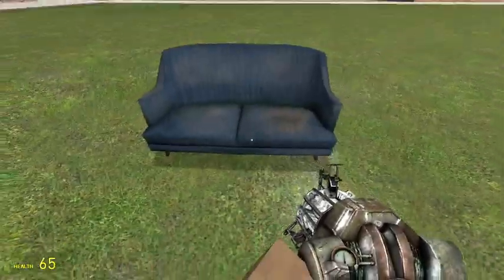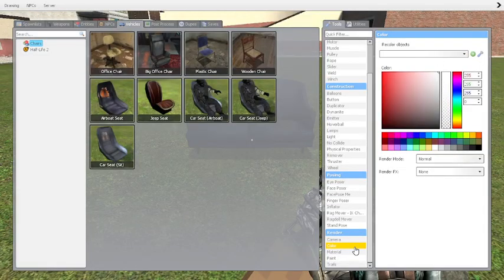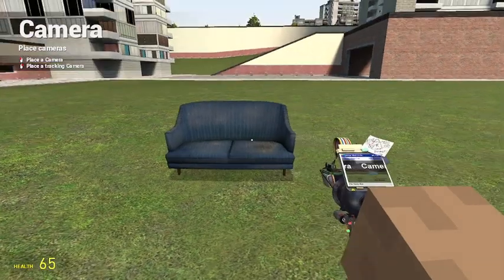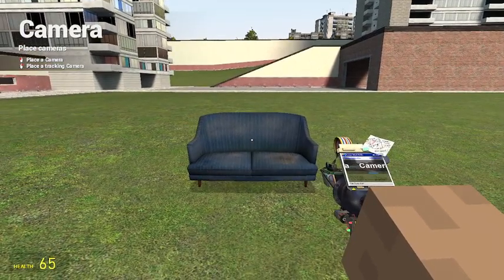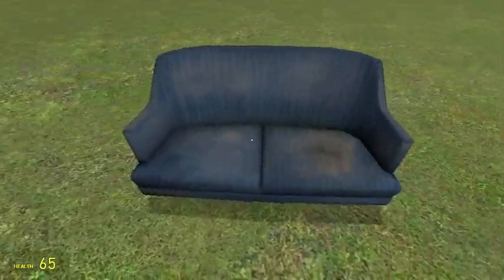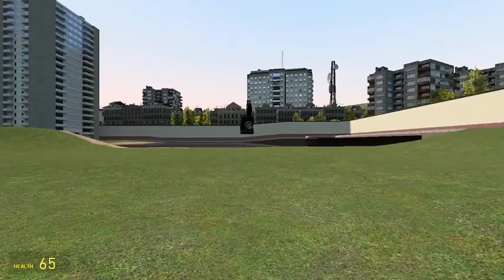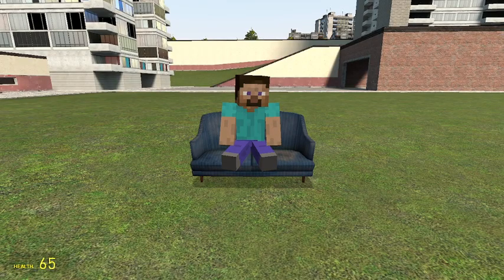But if you want to see yourself sitting on the couch, you go here again. Then you click camera. Point to where you want to make the camera show. I'm gonna show it to the couch. There you go. Sit on the couch. Then press whatever keybind you set to go in the camera mode. There you go. Now, here I'm sitting on a